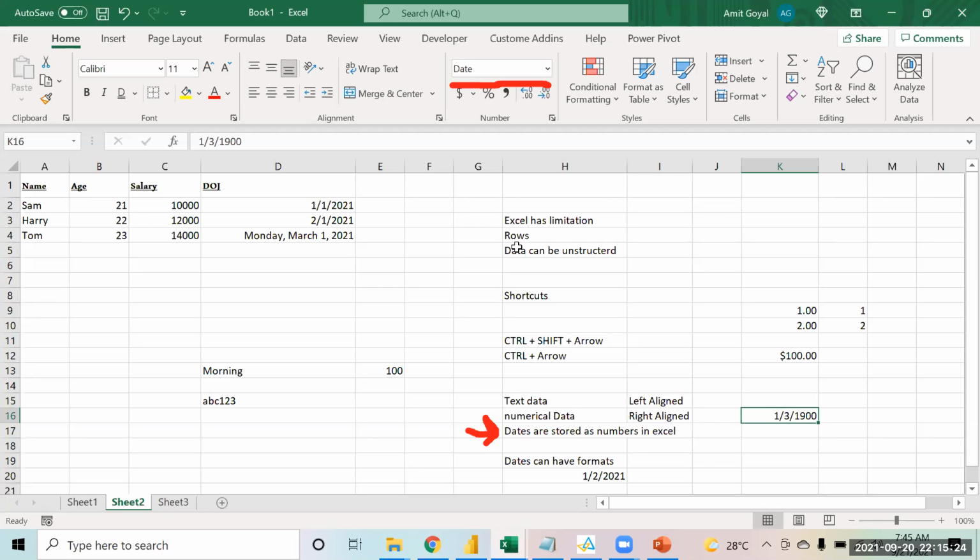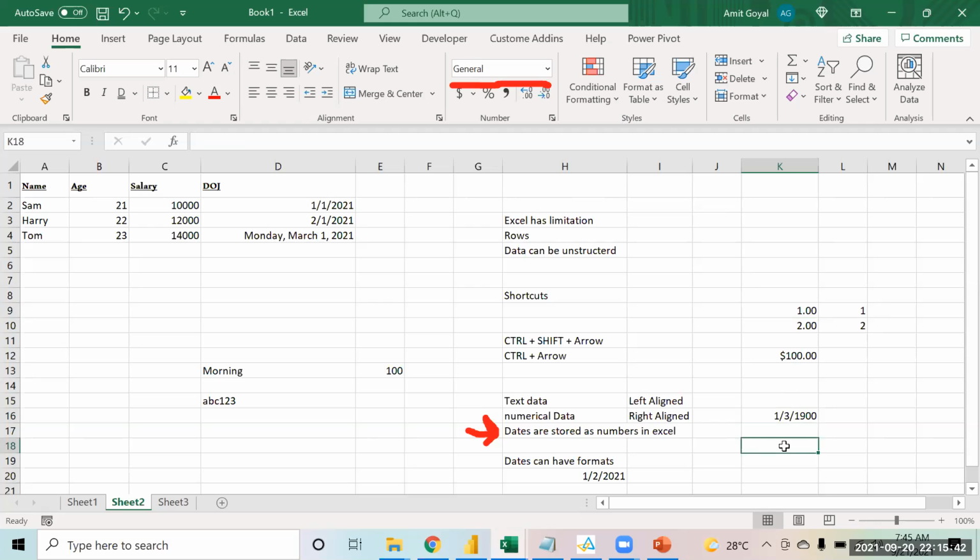So what do you mean by the first date in Excel being Jan 1st, 1900? This is the earliest date that you can store over here in Excel. So it doesn't store anything before that?